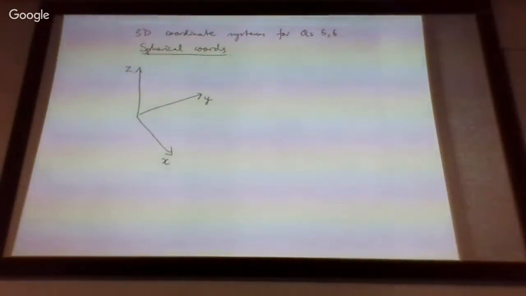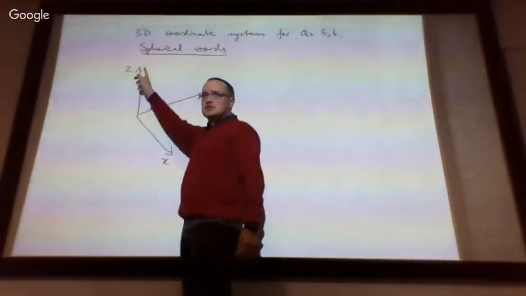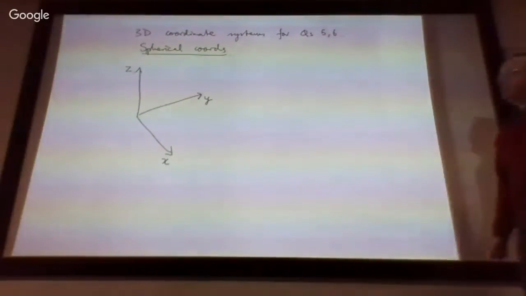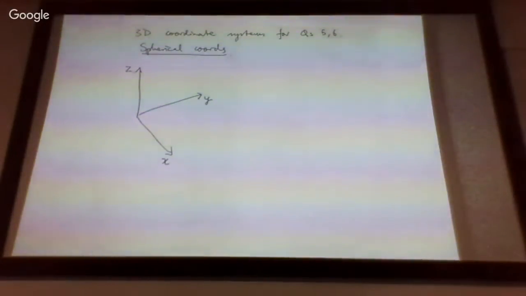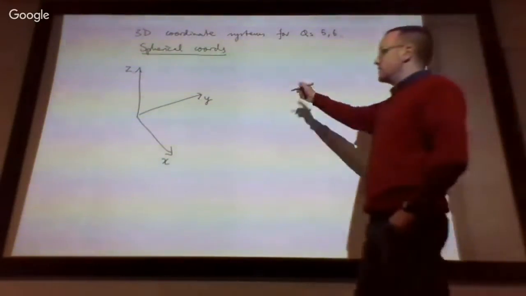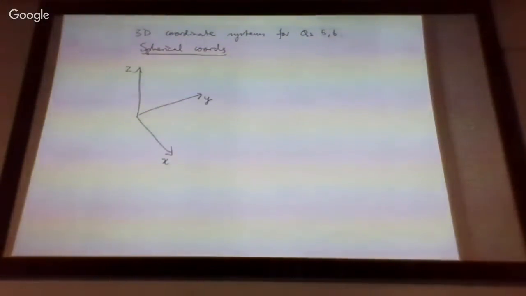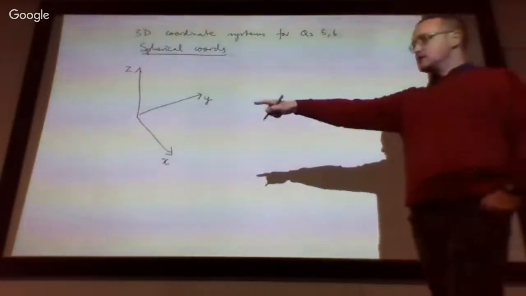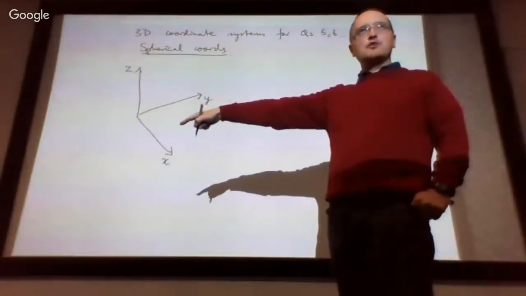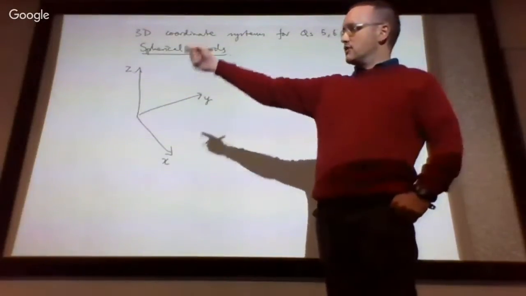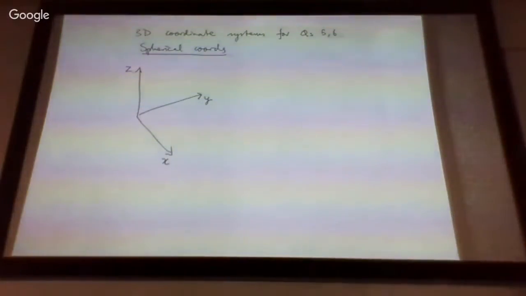Coordinate systems in 3 dimensions can come in a left-handed or a right-handed version, depending on whether z is pointing up or pointing down, in relation to the way we've laid out x and y there. So you can think of y as disappearing into the screen, x as coming parallel to the screen, and z going straight up. Or think of these x, y, and z axes as the 3 edges emanating out of a corner on the floor. So you've got the 2 edges along the floor and the 1 vertical edge up along the wall. Okay. That's our 3-dimensional